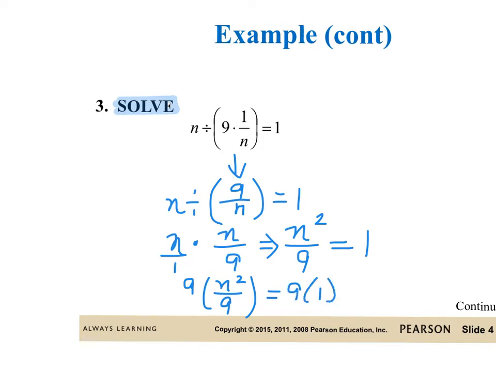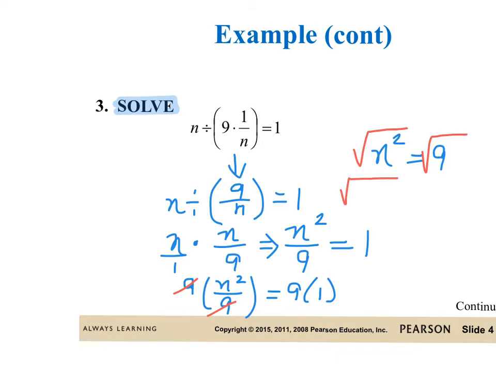The 9's on the left side of the equation cancel, which leaves us with just n squared, and 9 times 1, of course, is 9. And by the principle of square root on both sides of the equation that we learned, then we know that we can square root this side of the equation and square root that side of the equation,